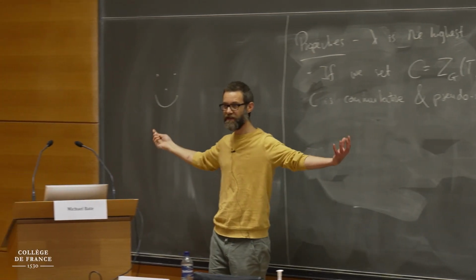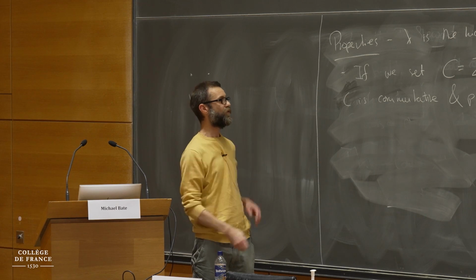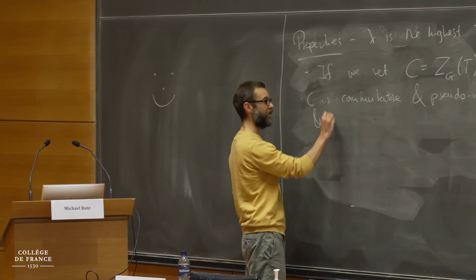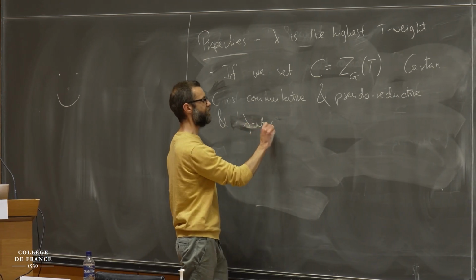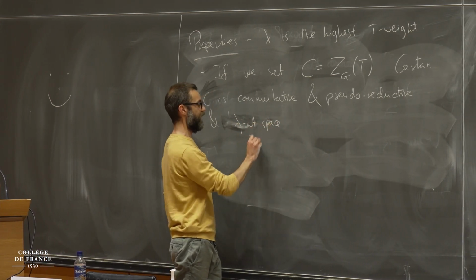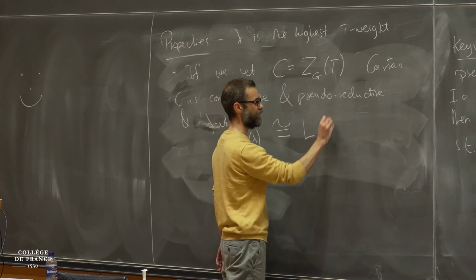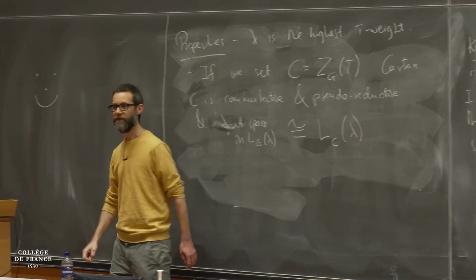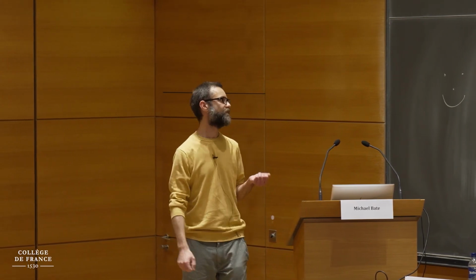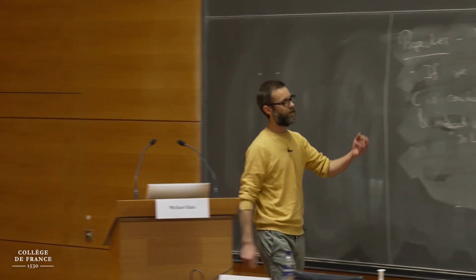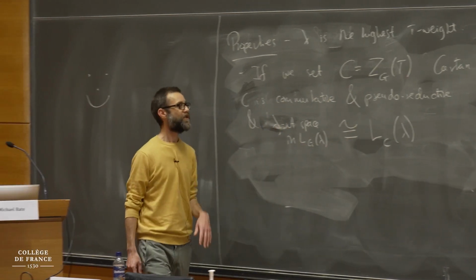Right, and it's one of the pieces of this open cell decomposition we saw this morning. And then the high weight space in here, the lambda weight space in L_G(lambda), is in fact isomorphic as a module for this Cartan to the simple module for C. Okay. So it's clear, right, that the high weight space is C-stable because it's the centralizer of T, and